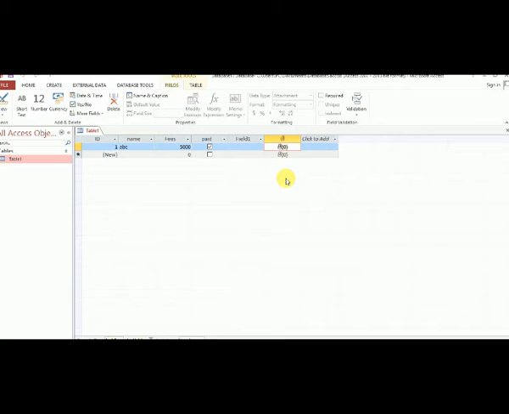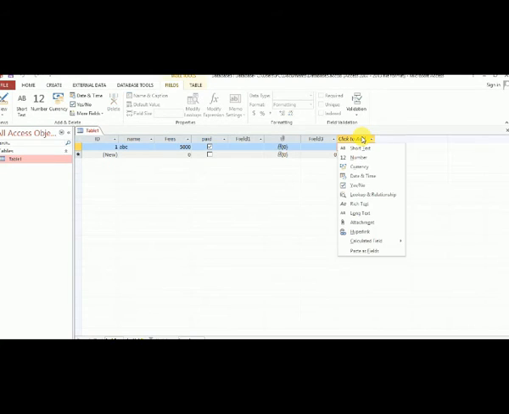Roll number is a number, so you can click to add and use the number record. After that, name, address, and class can use short text record, or class can also use number record.